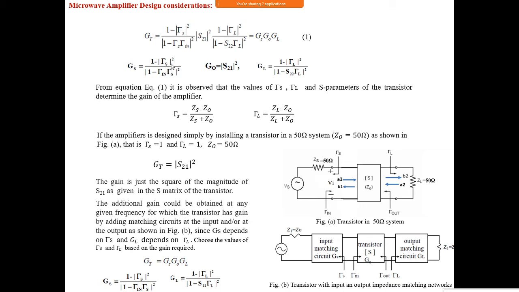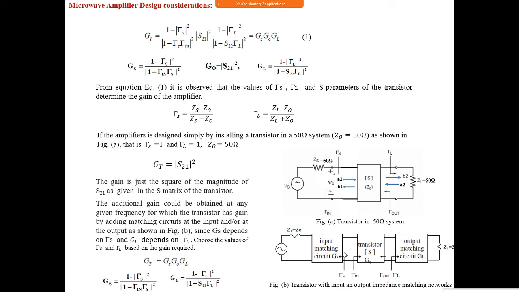So we have to select the impedance ZS. There is a combination of impedances, and all those impedance values give GS equal to 2 dB only. Similarly, for 1 dB there are also many, and all of them lie on particular circles on the Smith chart. For each value of gain, for example GS equal to 2 dB, there is a circle like this, and any impedance on the circle gives GS equal to 2 dB.